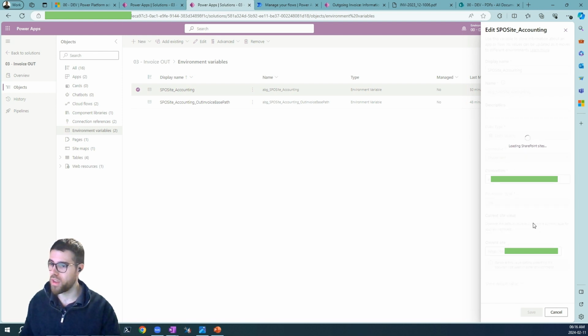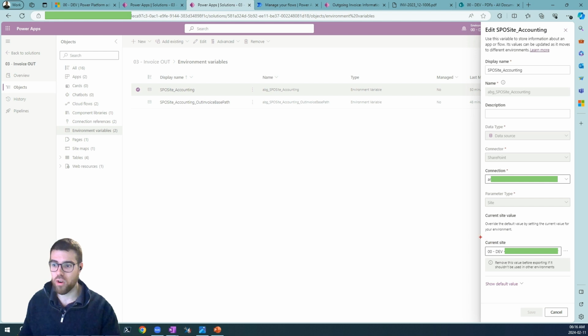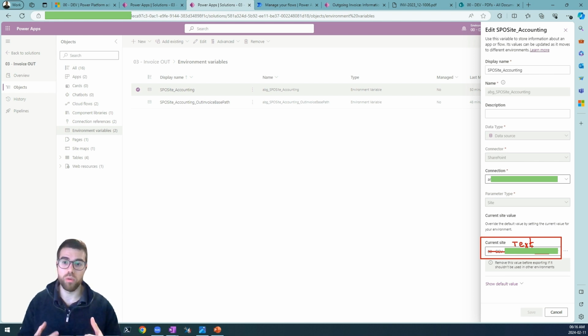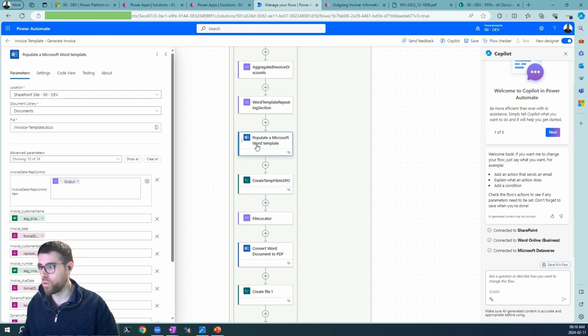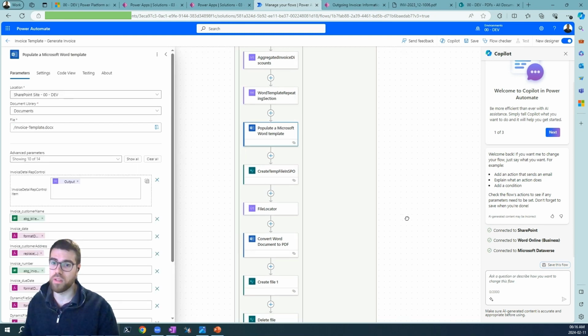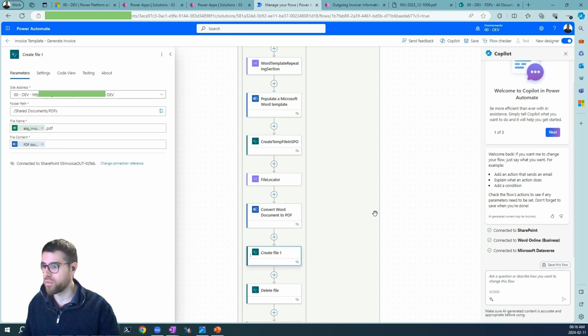Here, when we create it, we said that the current value is this one, but when we deploy to the next environment, we will tell Power Platform, hey, don't use this environment, use the test environment. And when we do that, then automatically all the components, flows, and so on that are pointing to the environment are going to pick the right one. And of course, we have to do that for every action that is pointing to these external resources. Like Word, it's pointing to OneDrive, then pick the correct drive, and the rest of the SharePoint actions in this